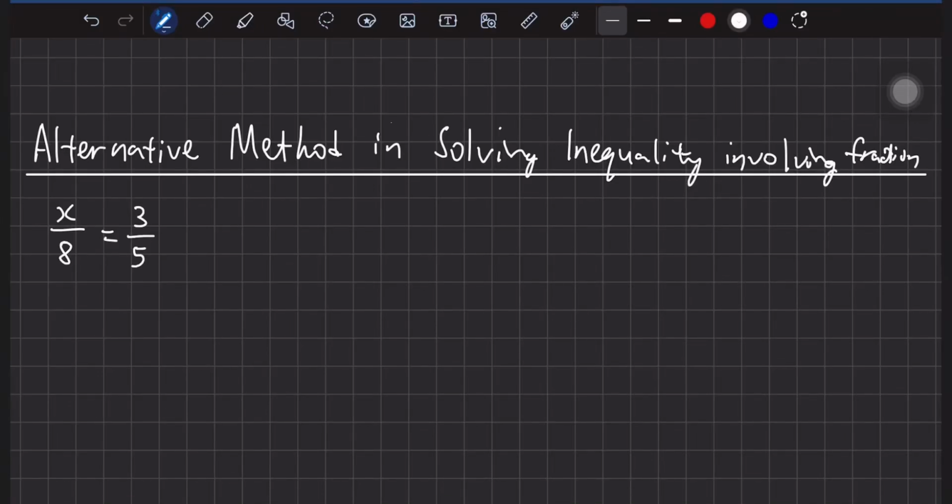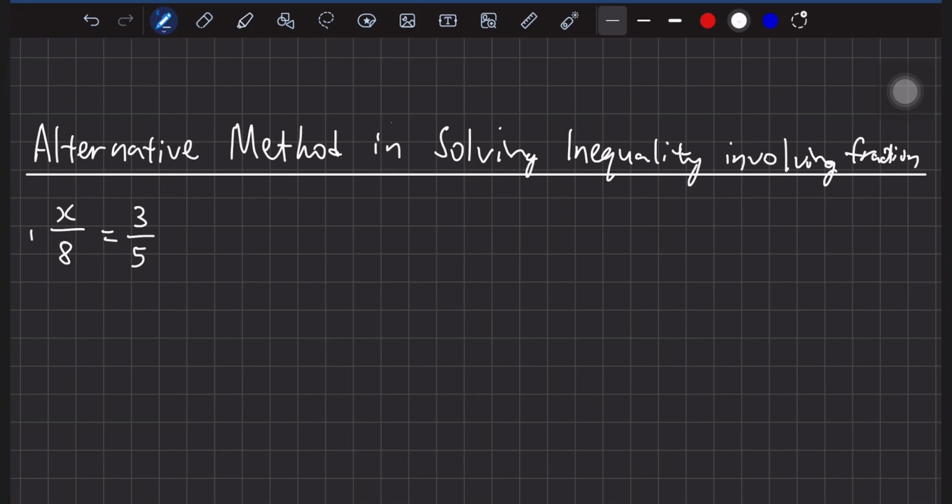Talking about solving inequality involving fractions. Some students may have some idea from solving equation involving fractions. So most students may do it in this manner, or may be taught to do this when they learn solving equation involving fractions. Like for example,